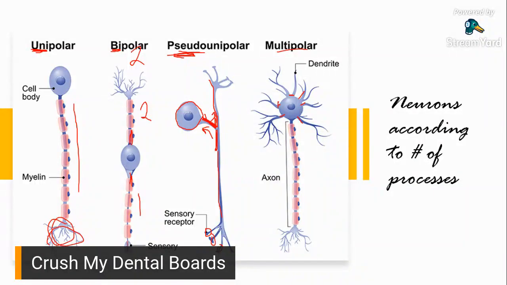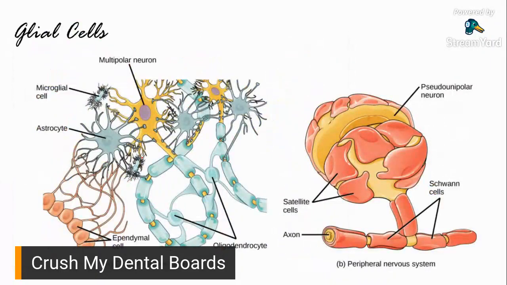Okay, so we just finished discussing the different types of neurons according to number of processes. So we described what a neuron is, and now number of processes. We move on to the support. Okay, sabi natin dun sa mind map natin kanina, no? Dun sa outline. So as to the types of cells, we have your main cell, the neurons, and we have the supporting cells, which are your glial cells or the neuroglia. Okay, so what are the different types of glial cells?